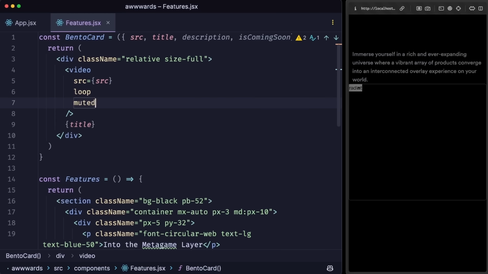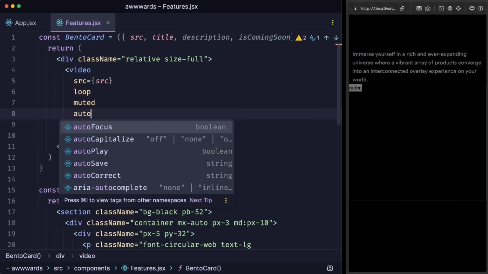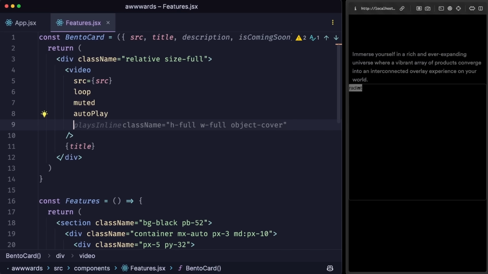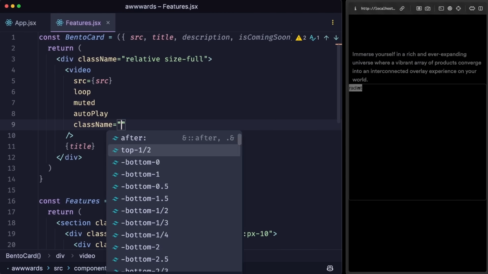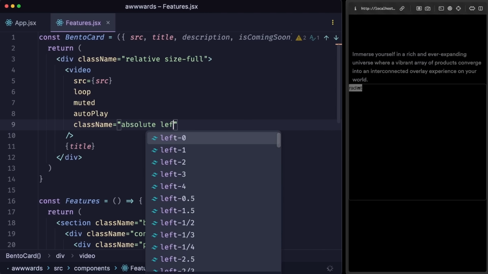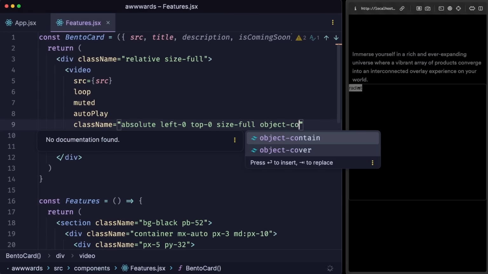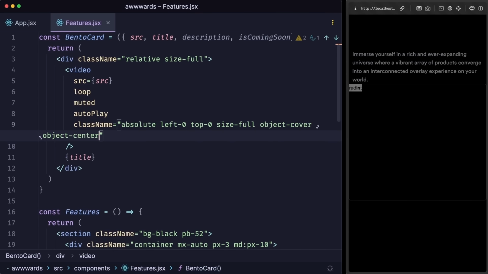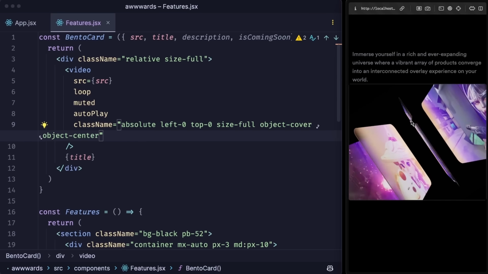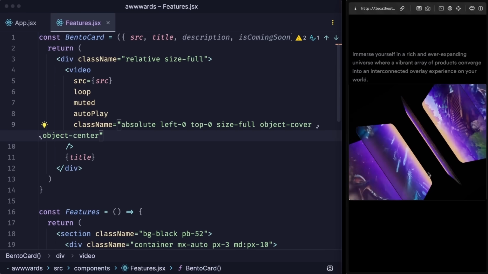We can make it muted because we don't need the sound. We can make it autoplay, and we can give it a class name equal to absolute, left-0, top-0, size-full, object-cover, and object-center. If you do this, you can see this beautiful video playing right here in between the